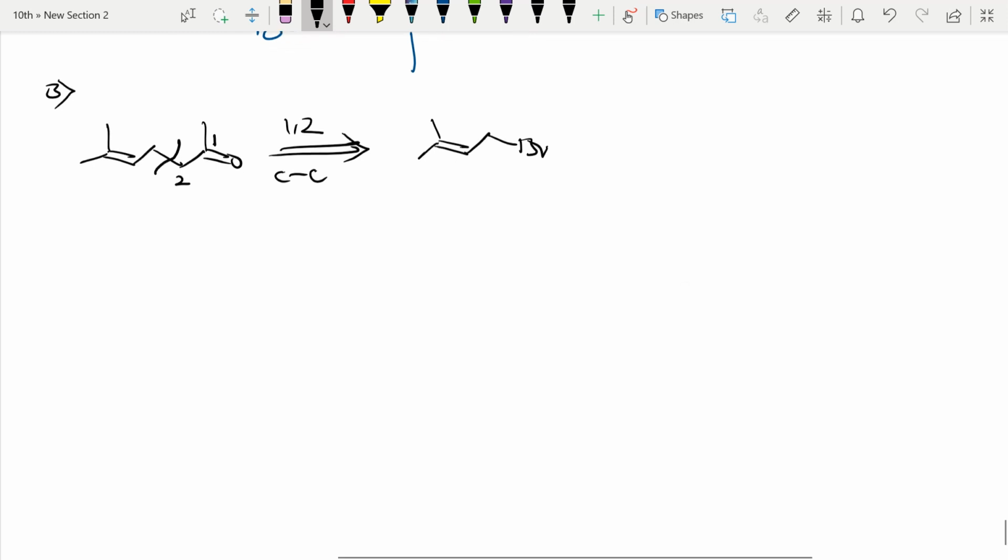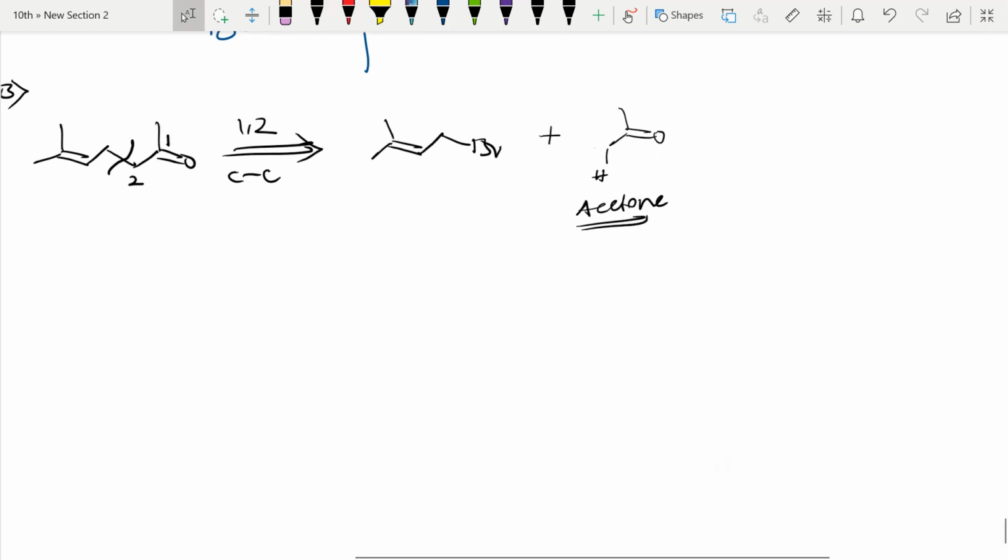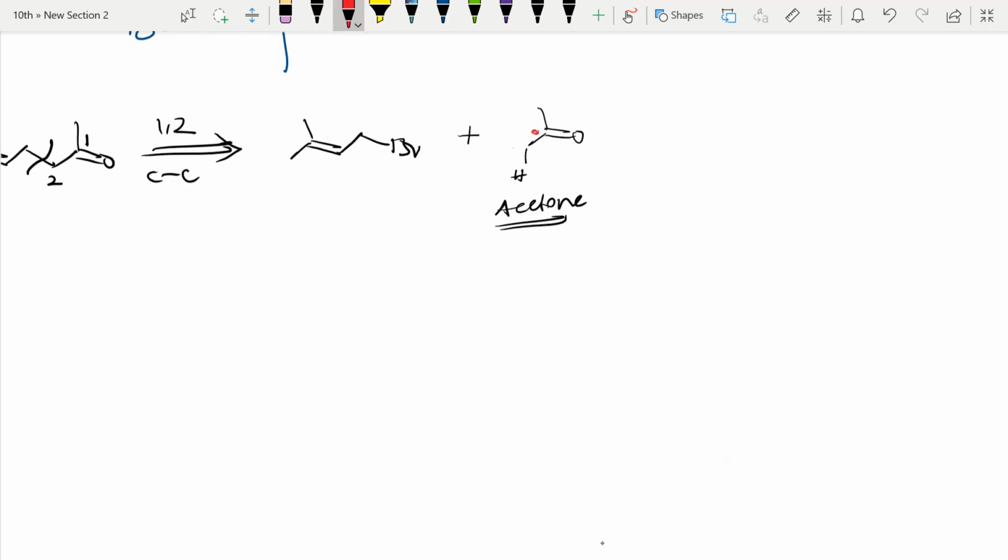So this connection. The other thing I will get is that this one will get a negative charge. Until now, instead of writing the negative charge we used to write the proton, H, CH3H here, right? So it was acetone. But the problem with acetone is that it can react with some other reagent, because there is no steric hindrance and this carbon will be more electrophilic. This acetone carbon will be there, no? This carbon will be more electrophilic.